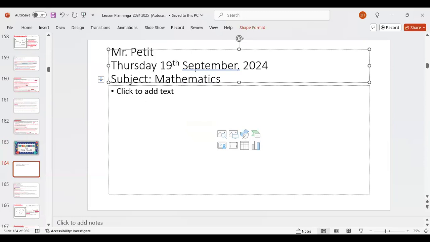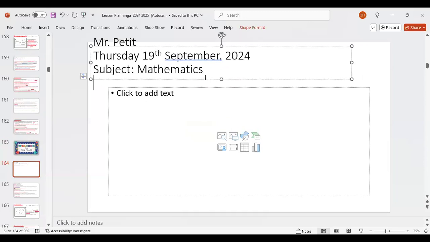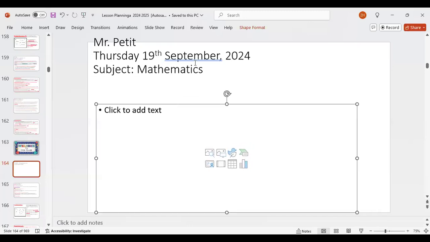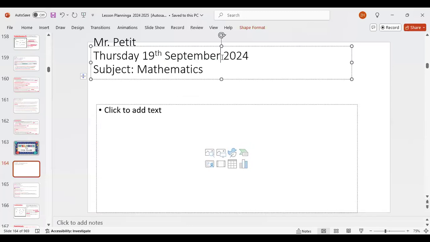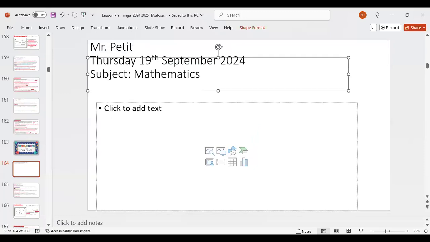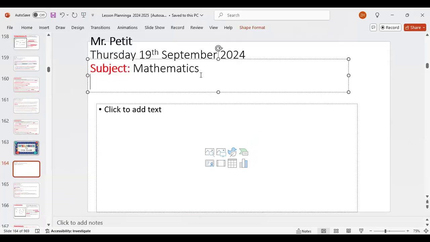Has anyone done HCF before? If I say HCF, you know what that means? Yes, sir. Highest common factor. All right, highest common factor. So we're going to be looking at that. Has anyone ever done highest common factor in connection with sets? No, sir. Okay. So the topic is